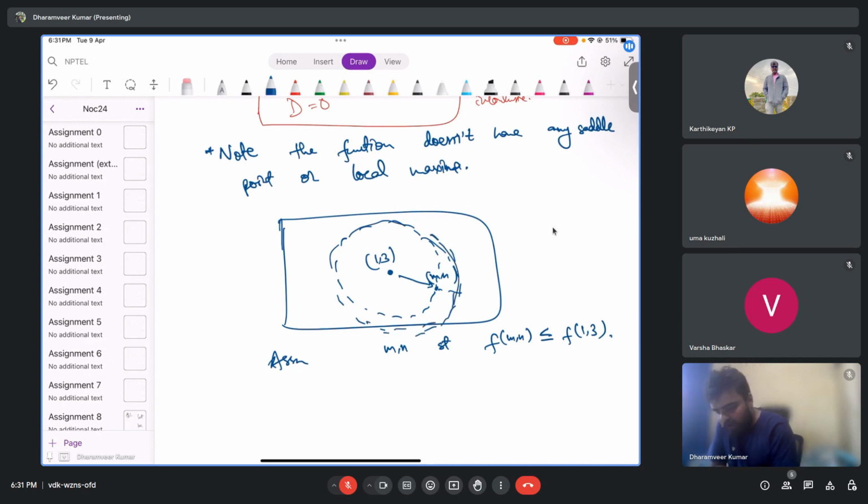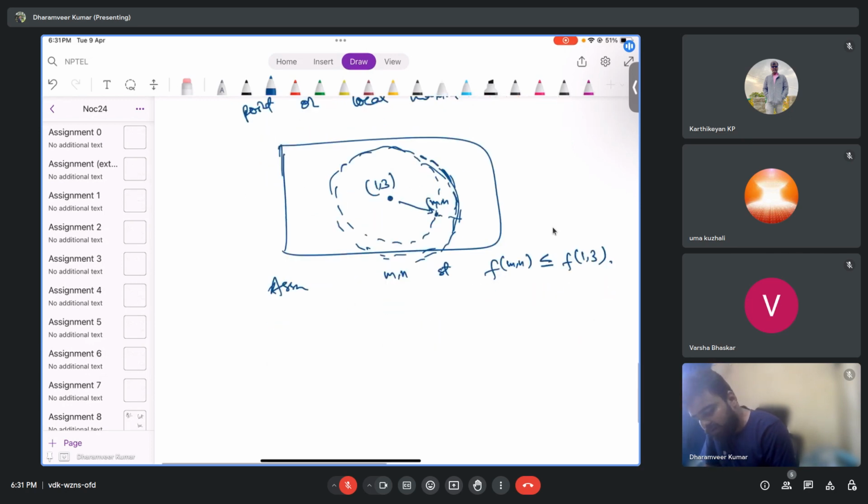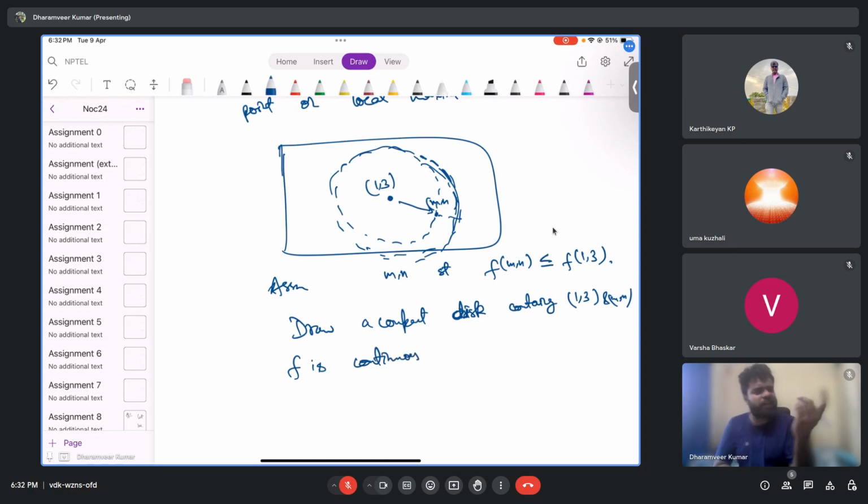So basically draw a compact set, a compact circle, a disk basically, containing them. f is continuous. We don't need to prove it, it's just a sum of polynomials. It is continuous, not an issue. That implies f has a minimum,